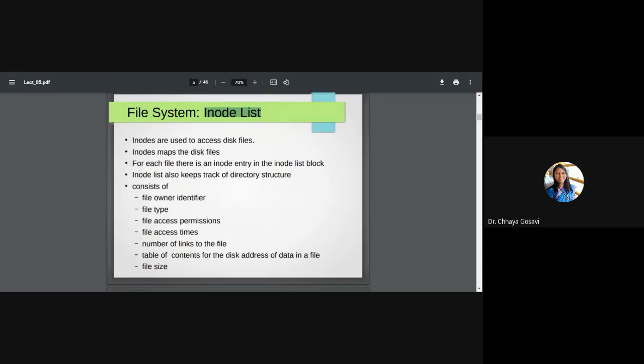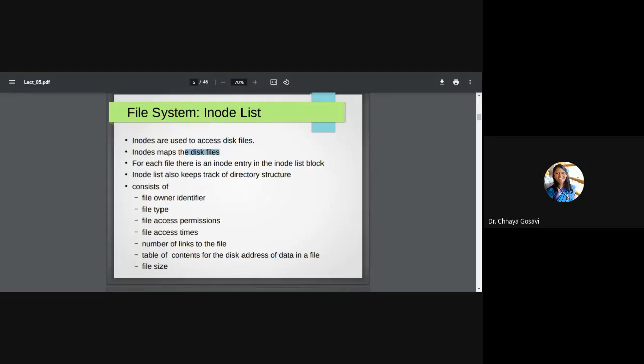So inodes are used to access disk files. Files are stored on the hard disk. Inode maps disk files. So for each file there is an inode entry in the inode list block. Whenever you create a new file, its inode entry gets created, and that is stored in the inode list block.